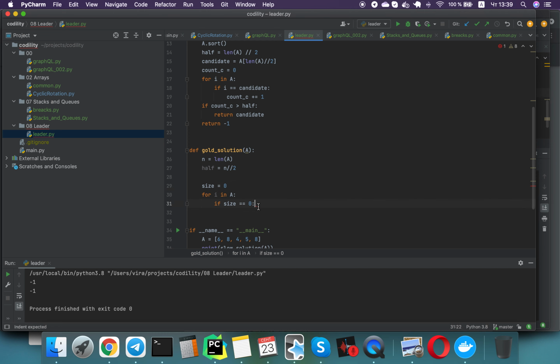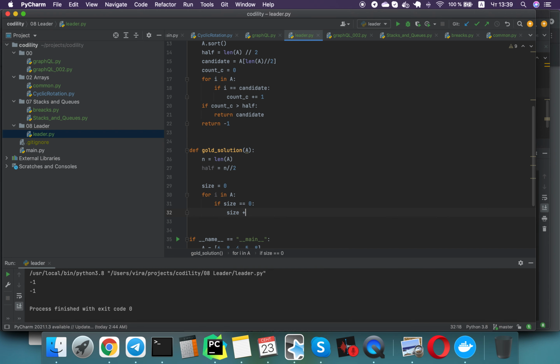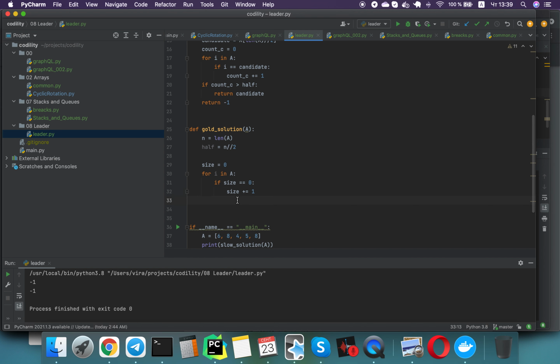In this moment, what we do, we say that size will be incremented. And also we have some value which will be equal to our item. In the other case, when our size is not equal to 0, we say